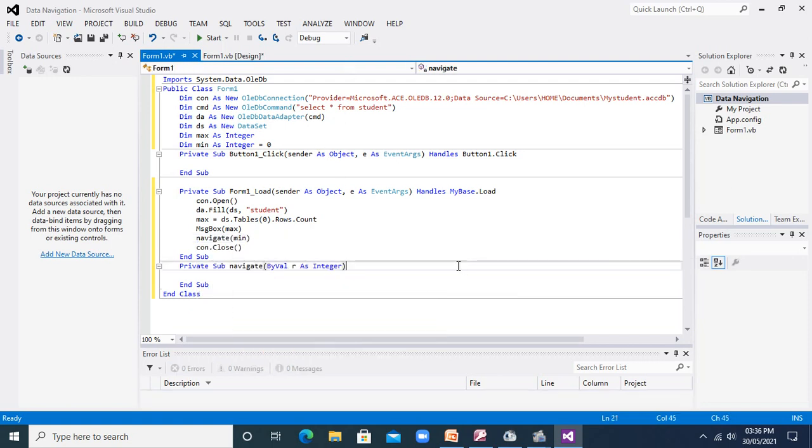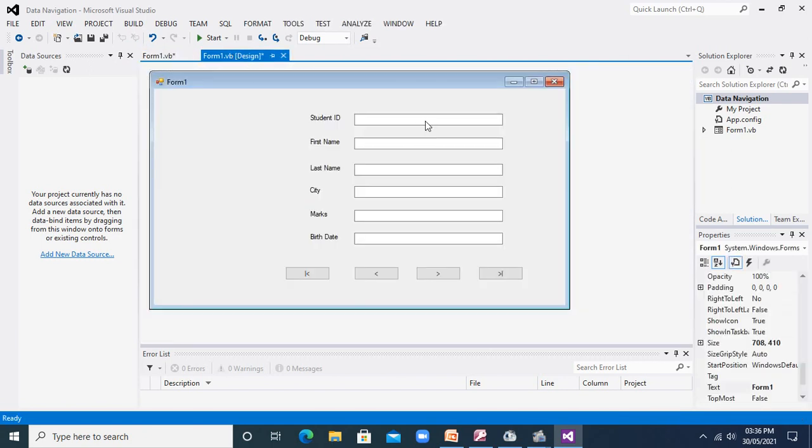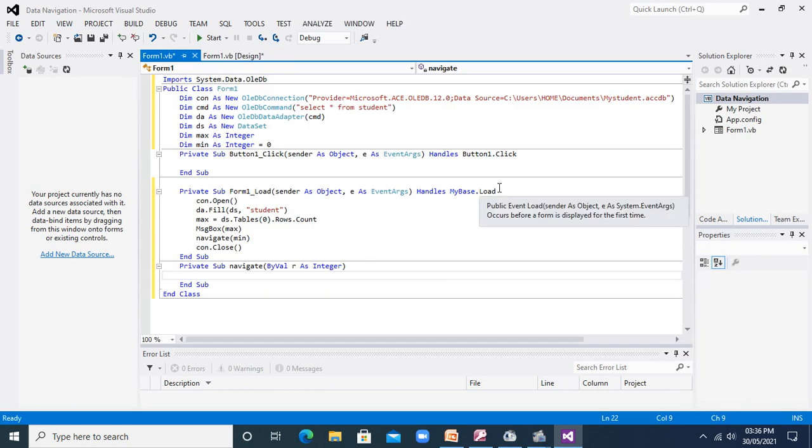Now here I will display first row data of my table into the text boxes. Now I know what are my text boxes names. So the names of these text boxes are TextBox1, 2, 3, 4, 5 and 6, and its important property is Text. Whatever we write into the text property, it should be displayed there.